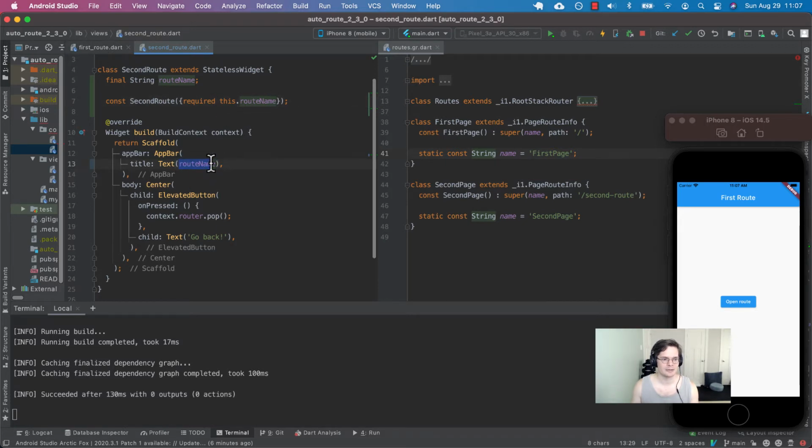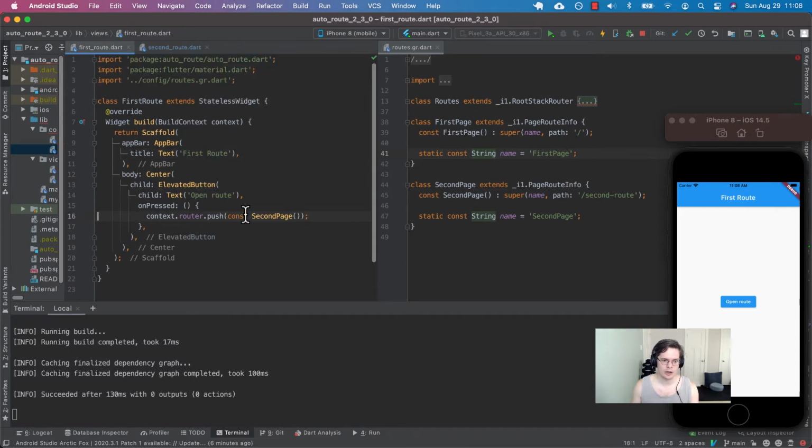Right now, it doesn't know what that is because we got rid of our second route. Remember, we got rid of that. So how can we include that? Well, whenever we are in our first route, we need to pass that in. Okay, so I suspect it's going to be something like, now remember it's a named parameter, so we have to have a route name later. But actually,